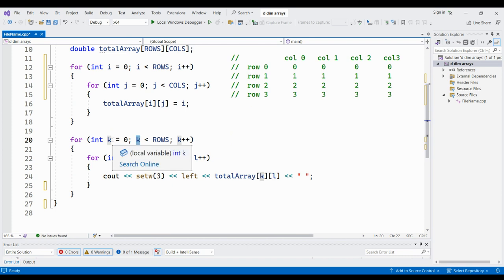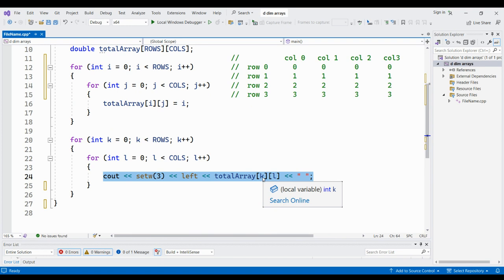What you're dealing with is the same thing. All right. I assign k, I do the same thing. I define a variable k, assign it the value of 0, compare it against rows. Same thing with L. All right. I go through it, and this is again the working line here. All this is going to do is print it out. The first thing it's going to print out is 0, 0. Watch where the arrow goes. Then it's going to print out 0, 1,